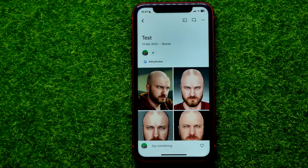Google Photos album. Be sure to watch the video to the very end so you don't make any mistakes, and